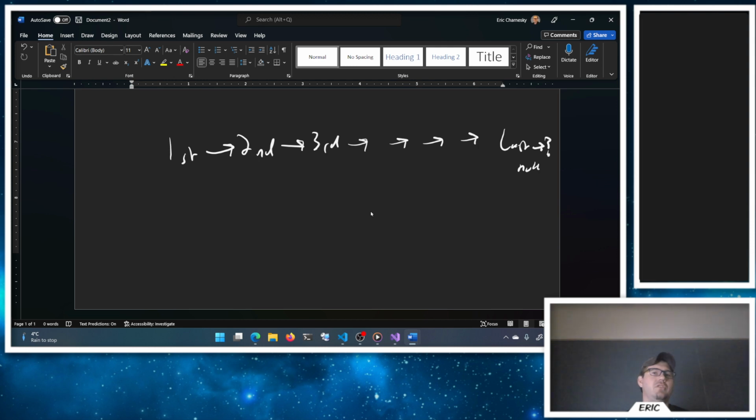But I can't jump to the fifth person who came in the room without going through first, second, third, fourth to get to the fifth person. So finding a particular value here, I don't have that random immediate access. I can't take an index and say, give me this value here in a linked list, because each one of these, this is essentially what we'll call a node